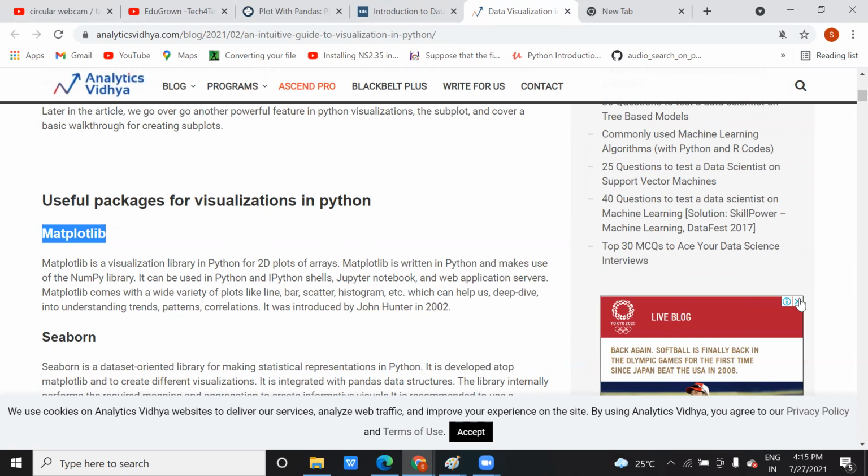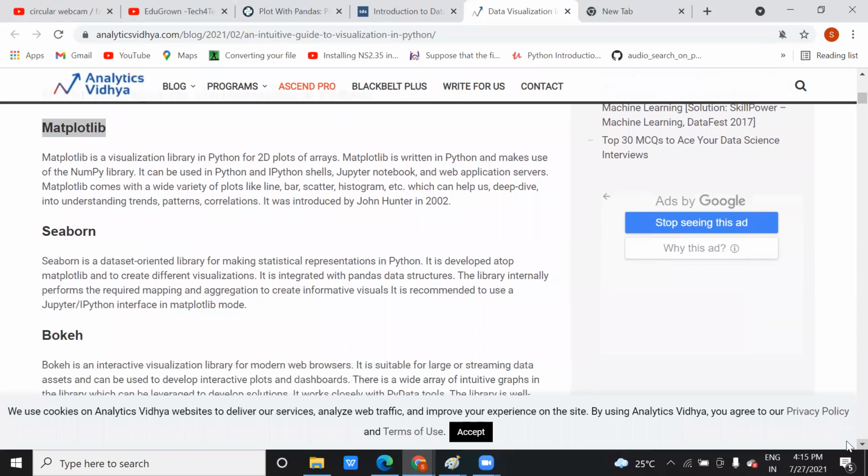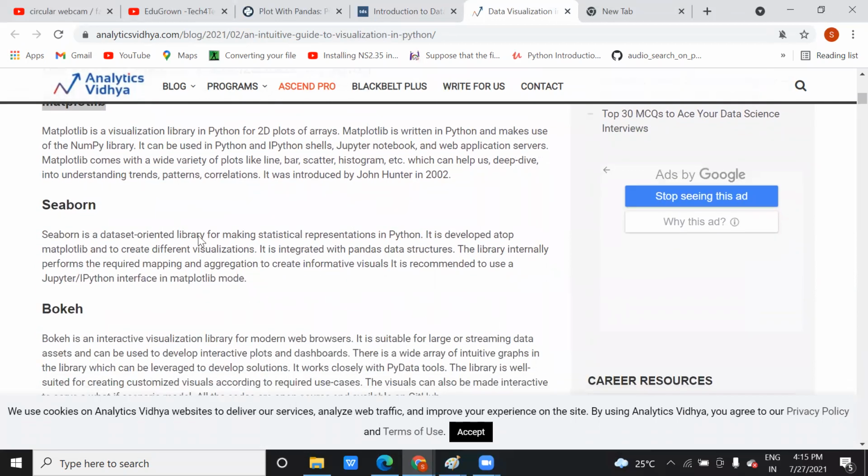Now another thing is that there is one more library called the Seaborn library. This Seaborn library, you can say, is the most advanced version of Matplotlib. Matplotlib is just used to draw 2D graphs, 2D plots, and these are not the detailed ones. But Seaborn graphs are very detailed, and you can see it. They are completely based on the data set, on the pandas library, right? Pandas data set. It is completely based on that.